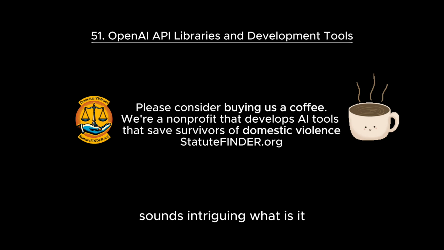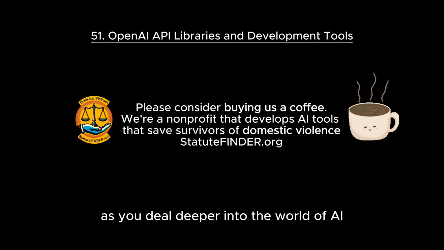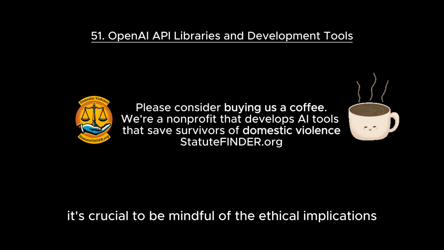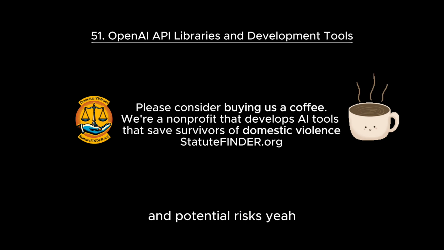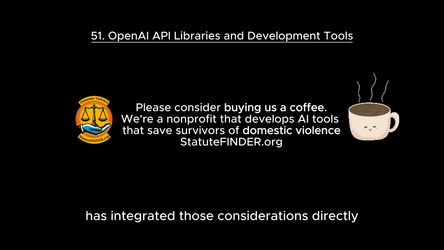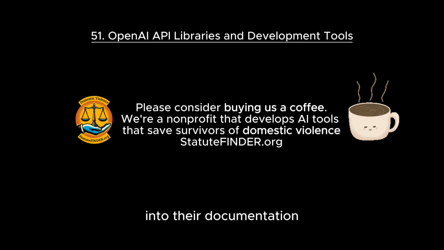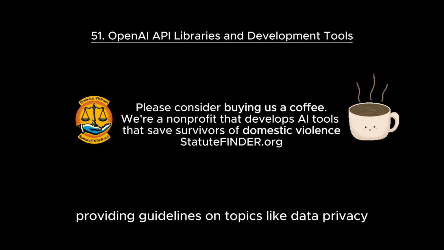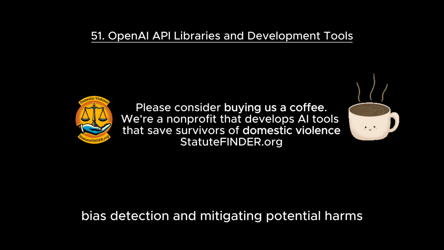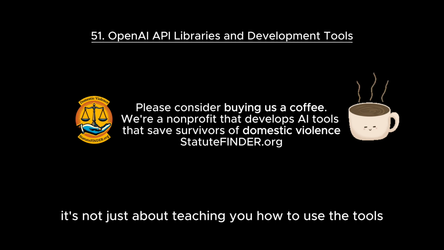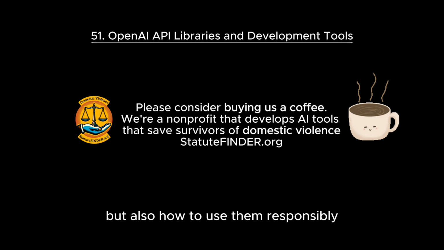Sounds intriguing. What is it? It's the emphasis on safety guidelines and responsible use as you delve deeper into the world of AI. It's crucial to be mindful of the ethical implications and potential risks. Yeah, that's a vital point. OpenAI has integrated those considerations directly into their documentation, providing guidelines on topics like data privacy, bias detection, and mitigating potential harms. So it's not just about teaching you how to use the tools, but also how to use them